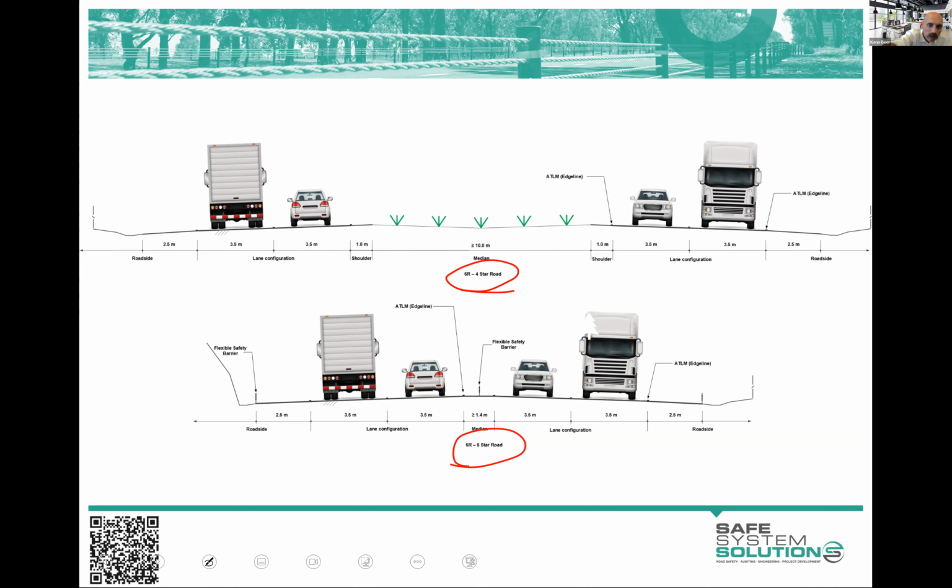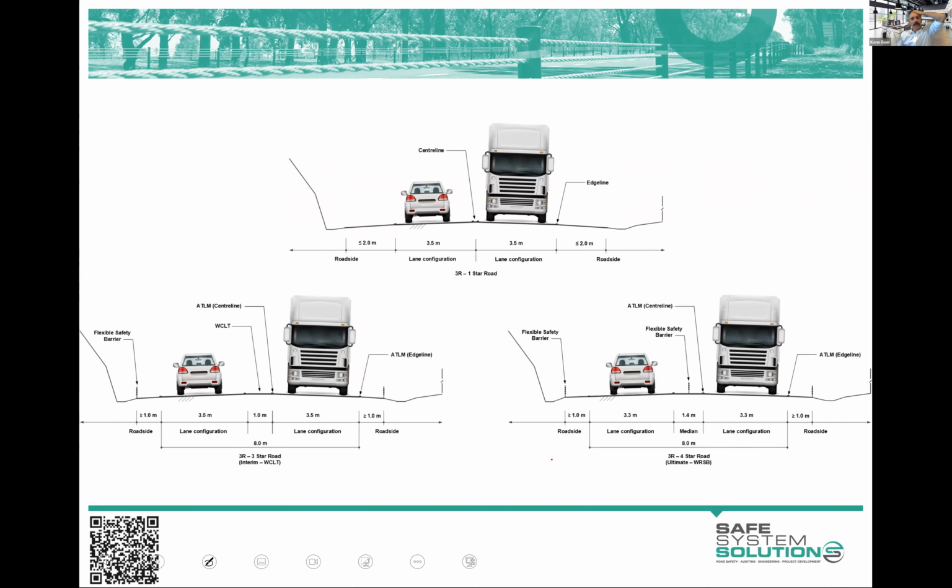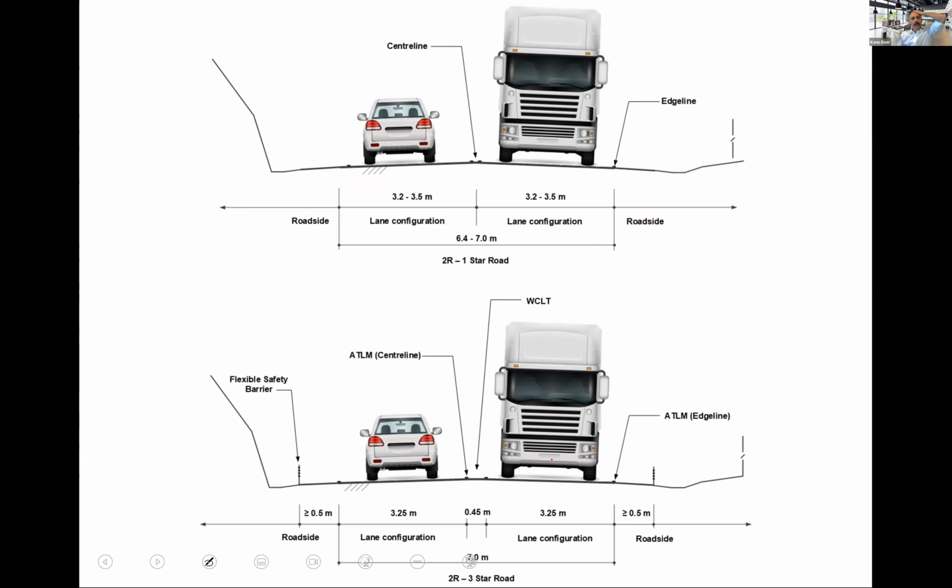But a 5-star road, barrier, barrier, barrier. And just look at your difference in land take as well. It's actually going to be cheaper in a lot of circumstances to build that. You won't have to buy farmers' land or clear all those trees or do all those other things. So there's some significant advantages there. Anyway, I've got lots of cross sections in your notes. You can have a look there at what the star rating would be for them and the like.